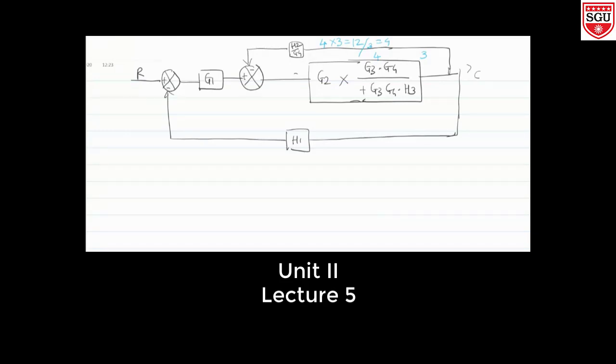Some of the assignments are pending from my side for checking, and I will do that also. Your attendance will also be marked with respect to this lecture. That Google Sheet I will share today. I have not shared it for the last 2 lectures, so I will share the attendance of all 4 lectures today. And in the next lecture, we will solve some more problems based on this block diagram. With this, I will stop this lecture.